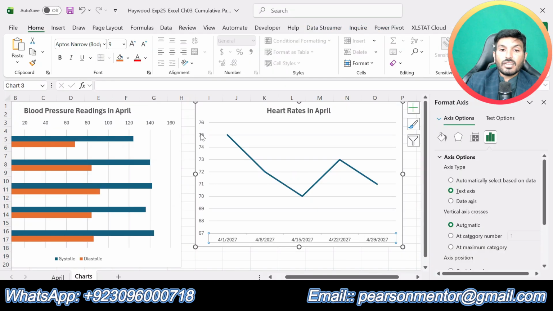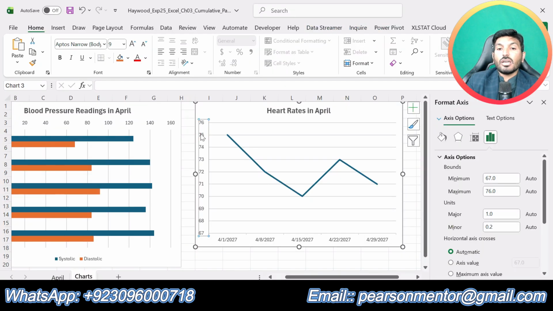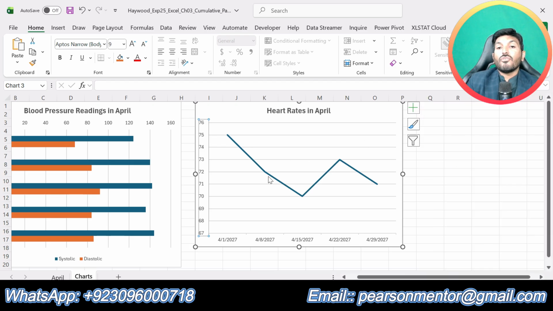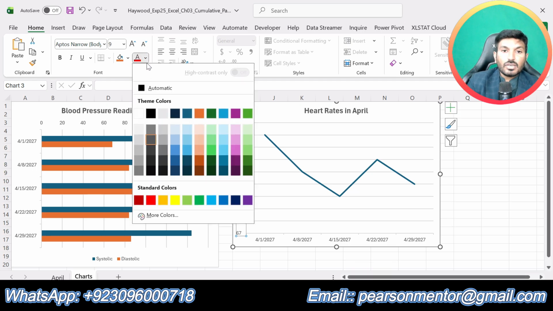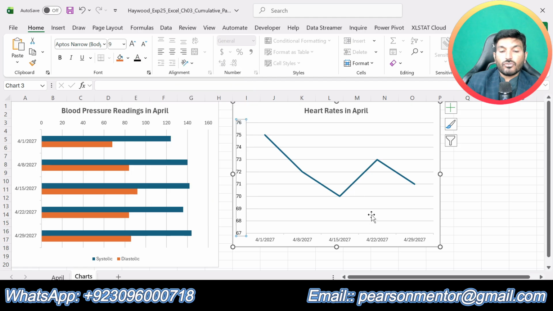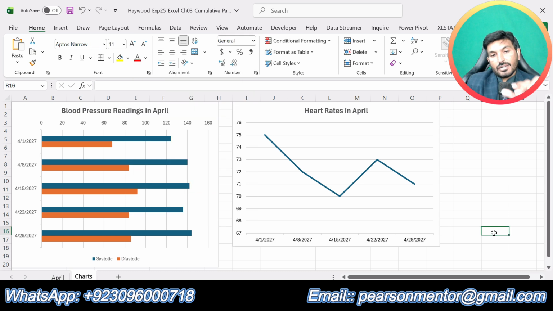So first we will select the value axis, and we are supposed to apply black text 1 font color to this value axis. So select this, go to home tab and in font color apply black text 1 font color. Now again select the category axis and go to the font color and apply black text 1 font color. So we have applied the black text 1 font color to the value axis and the category axis as well.